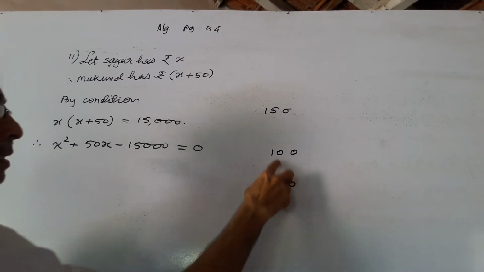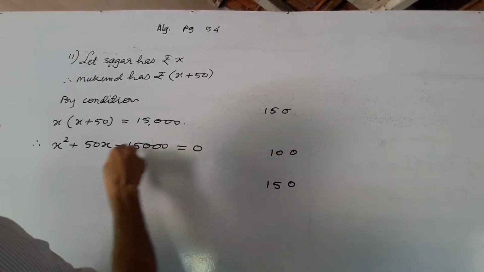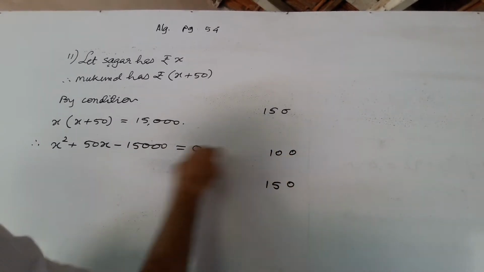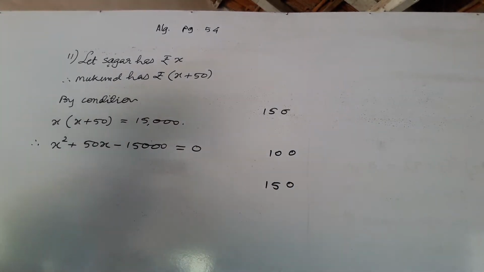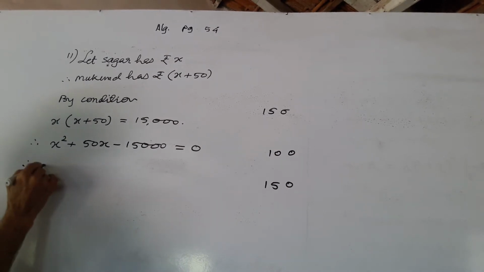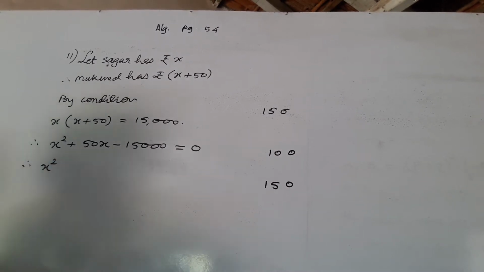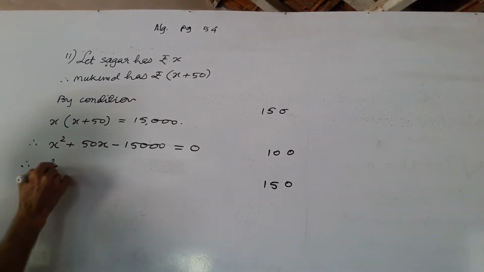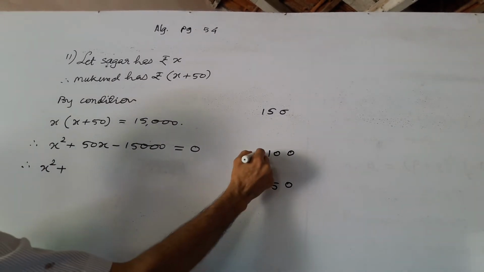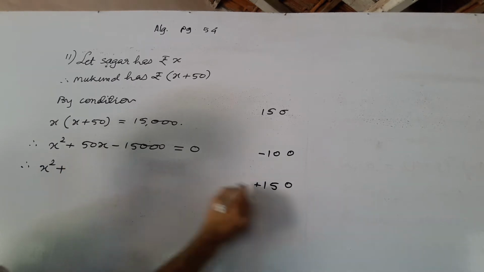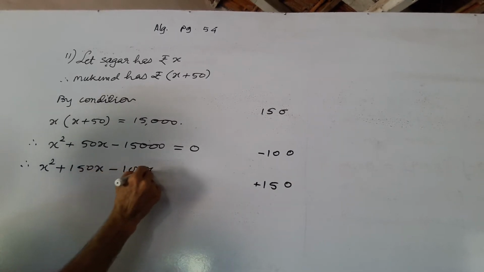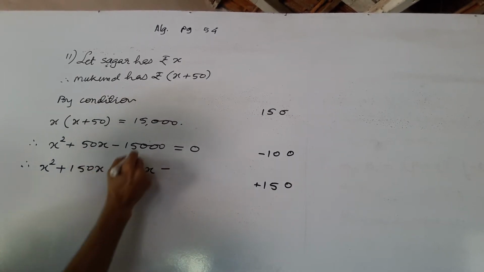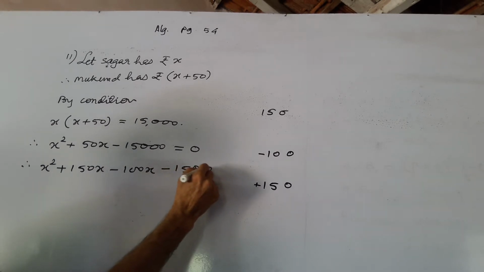So you get the product of these two as 15,000. Three zeros are there, and 51 is 50. So in this we have to obtain the numbers easily. And now split the middle term 50x in the form of these two numbers. But the plus sign will become plus for one and minus for the other, because 50 is plus, so the greater number we get on this side. So 150x, and we know that 150x minus 100x is 50x, and again the product is 15,000, and